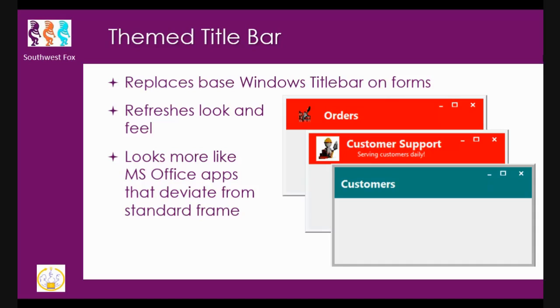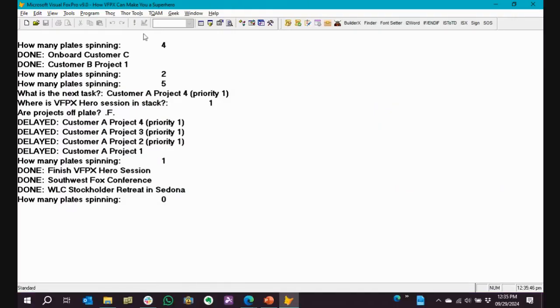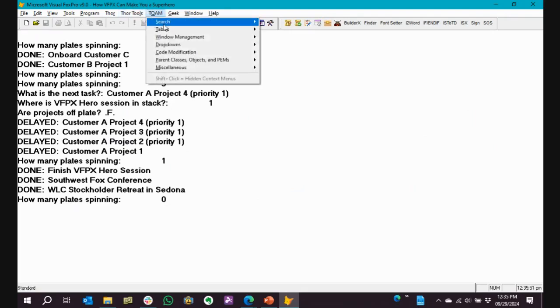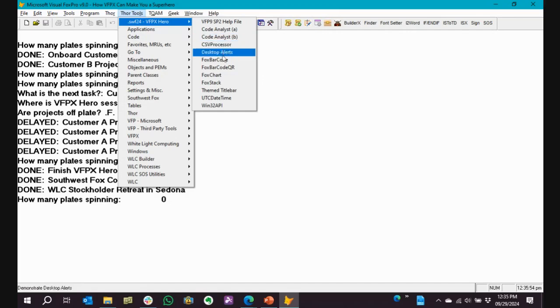There are some drawbacks to this particular component, but in conjunction with something like Doug's ribbon control, you can have your apps look more like the Microsoft Office looking apps, which also violate standard Windows UI, right? So this is the ability to do this. I'm not going to go into all the details. It's in the white paper how you implement this, but I will just give you a brief overview.